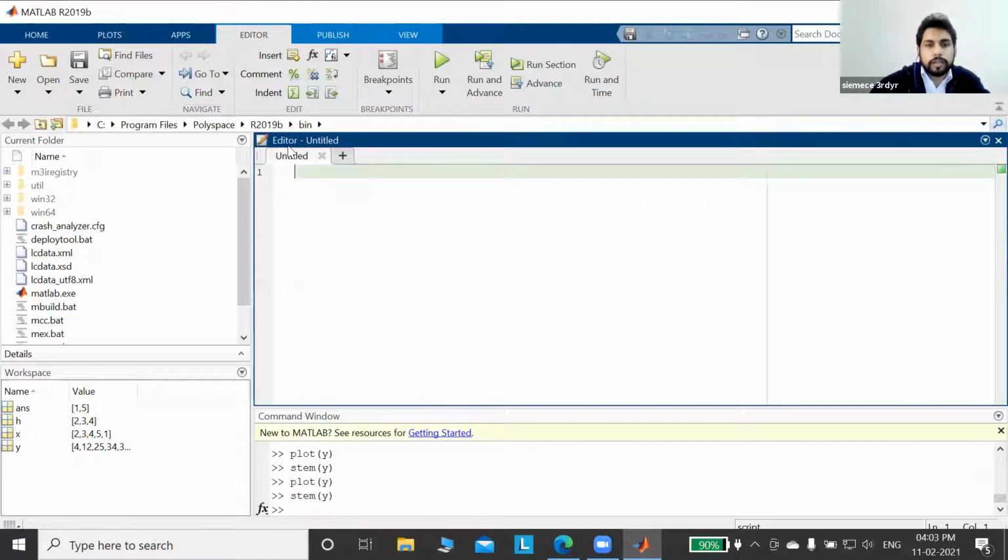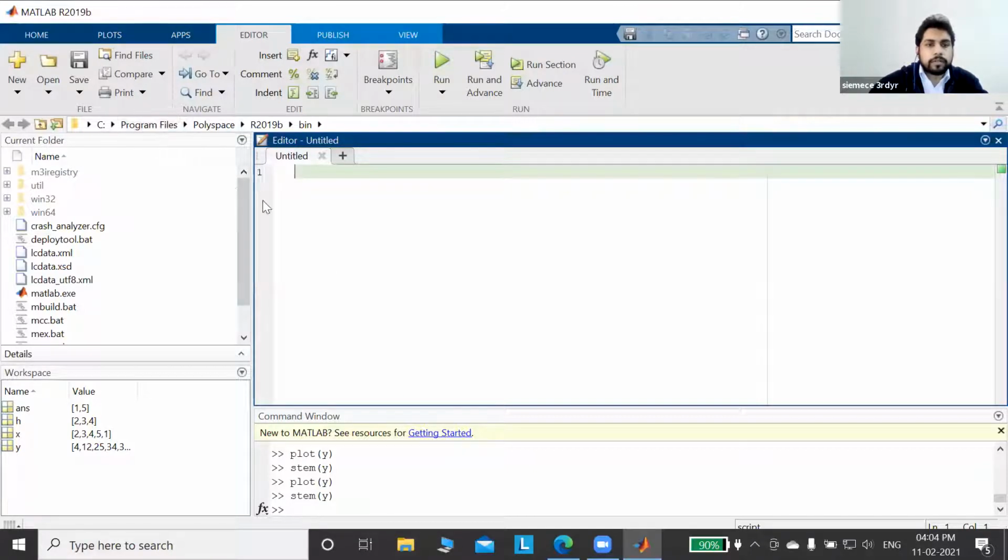You have to go to the editor. You can write down the program here, and after writing the program, you have to save it. In the previous class, I told you how to save the MATLAB program. There are certain things we can't do when you put the name of the program, such as we cannot insert a space. So that is the problem.